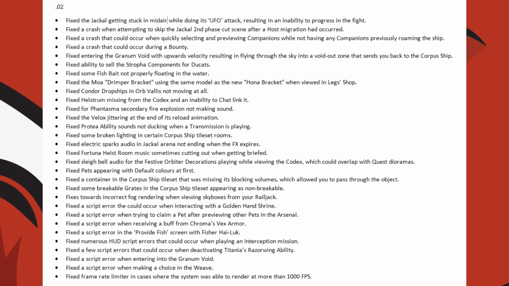A crash that could occur when quickly selecting and previewing companions while not having any companions previously roaming around the ship. They fixed a crash that could occur during a bounty. They fixed entering the Granum Void with upwards velocity, resulting in flying through the ship into a void out zone, which sends you back to the Corpus ship. They fixed the ability to sell the Stropher components for ducats, some fish bait not properly floating in the water,